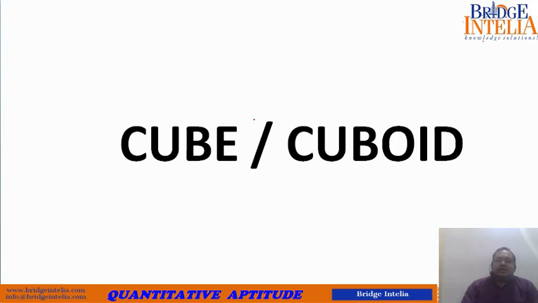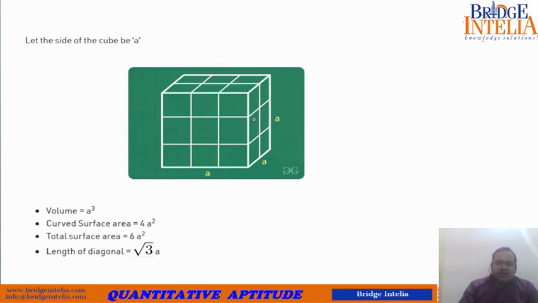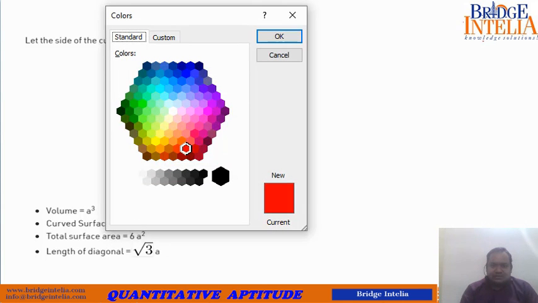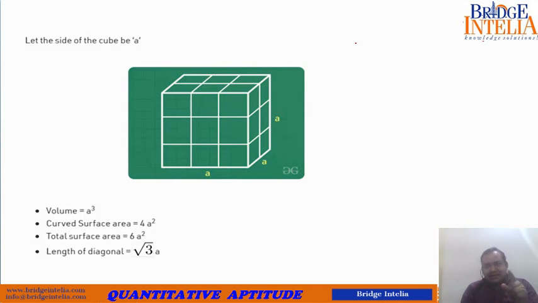So let's move. The first and foremost object that one must be aware of is the cube and cuboid. So basically what is a cube? A cube can be thought of like a square. A square has all sides equal, and a square is a two-dimensional figure. Likewise, a cube is a geometrical figure having three dimensions, and the length in each dimension is the same. That means in a cube, length is equal to breadth is equal to height. You must have seen cubes like dice in real life.